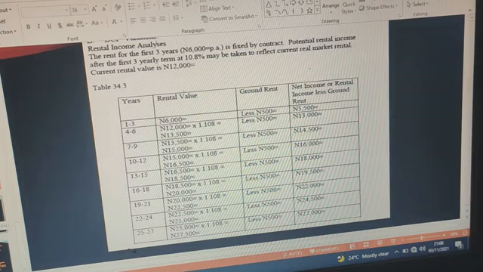1 to 3: N6,000 equals less N500 equals N5,500 equals. 4 to 6: N12,000 equals X1.108 equals N13,500 equals less N500 equals N13,000 equals. 7 to 9: N13,500 equals X1.108 equals N15,000 equals less N500 equals N14,500 equals. 10 to 12: N15,000 equals X1.108 equals N16,500 equals less N500 equals N16,000 equals. 13 to 15: N16,500 equals X1.108 equals N18,500 equals less N500 equals